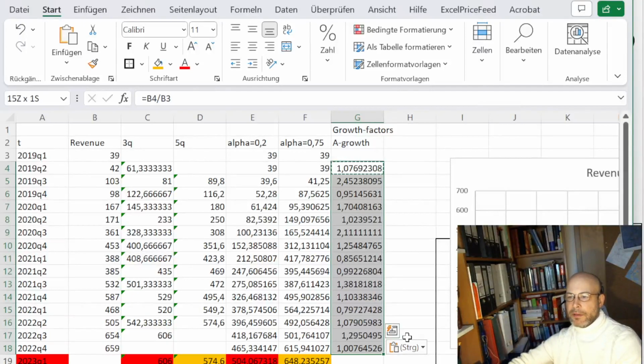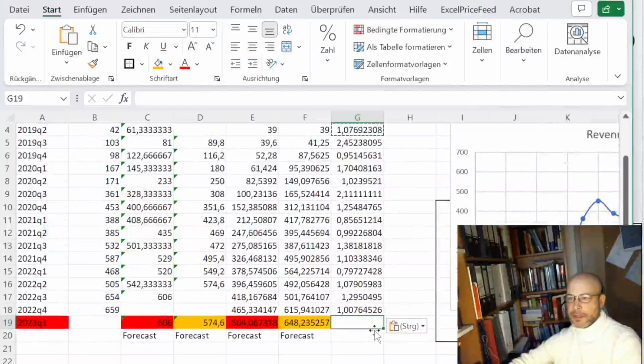And we have to calculate the average growth factor, and this is just the geometric mean